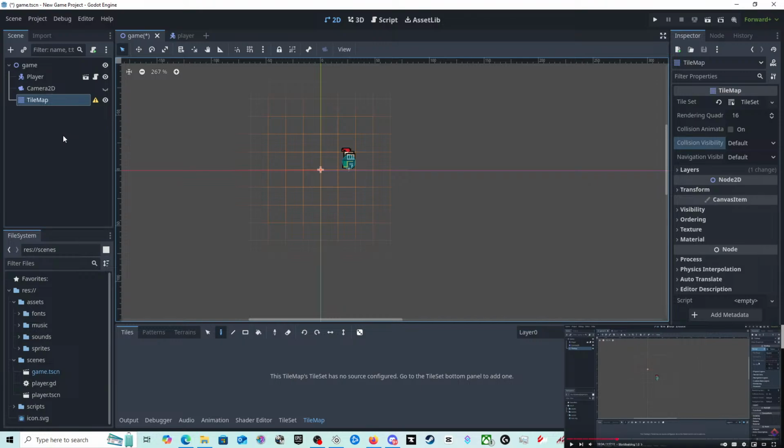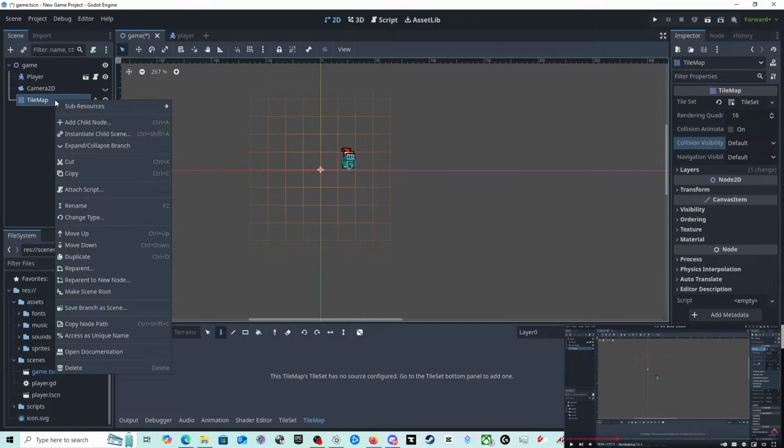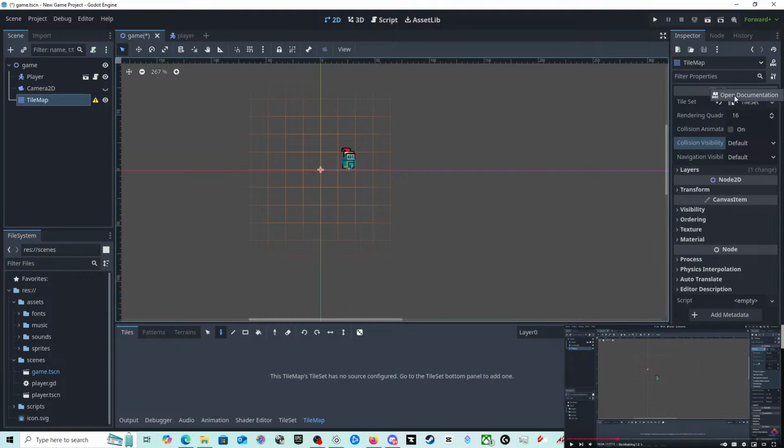If you click on the tile set word, in the inspector. Oh, bro, what? Tile set.